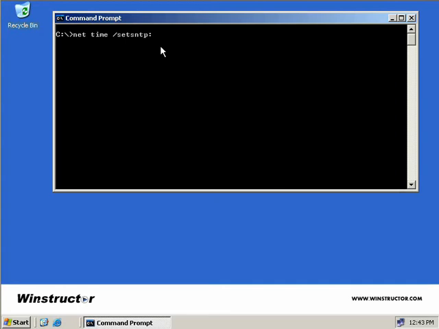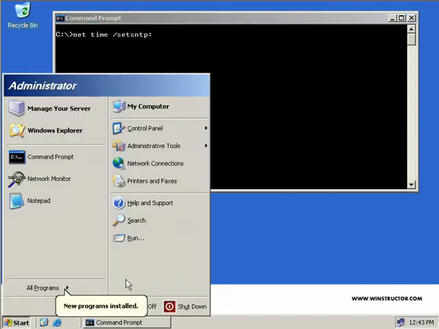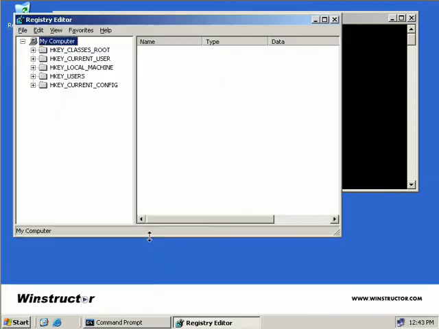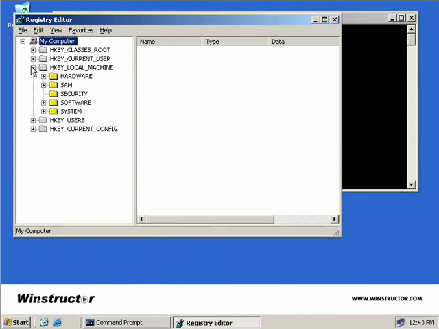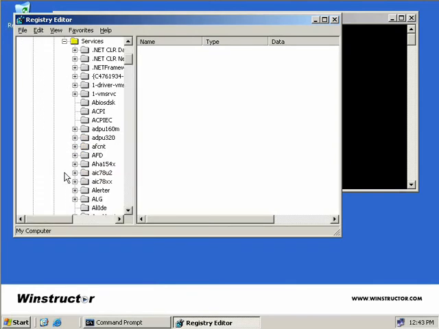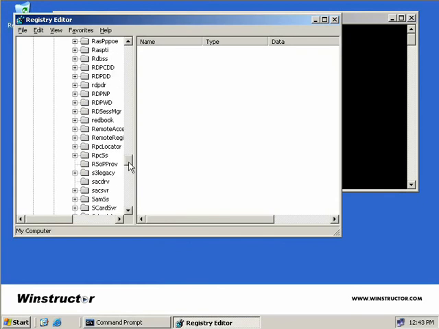Now, there is a default time server that your PDC emulator and your client machines, in the case of a workgroup, will use as an external time source. You can change this to a different one if you wish by using this net time command, but the default time server is listed in the Windows registry. So to look at this, we'll click on Start, and we'll click Run, and we'll type in regedit, and now we'll navigate to HKEY_LOCAL_MACHINE, System, CurrentControlSet, Services, and we'll scroll all the way down here